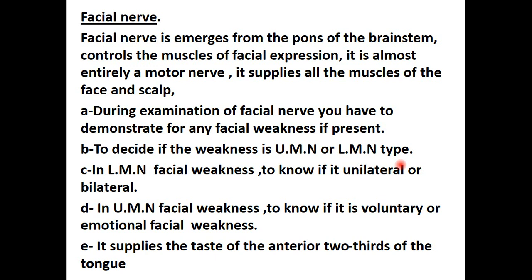The most important cranial nerve examination required from you is the facial nerve, the seventh cranial nerve. The facial nerve emerges from the pons of the brainstem and controls the muscles of facial expression. It is almost entirely a motor nerve. It supplies all the muscles of the face and scalp, especially, for example, orbicularis oculi,